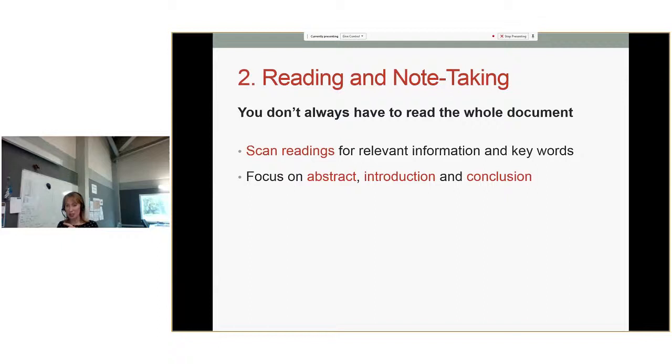But if you read the abstract, it gives you a little bit of an idea of what they're going to be talking about. So the abstract, the introduction, and the conclusion, those are the summary areas of a piece of writing. They can sometimes give you the gist of what is being talked about in that article. And sometimes that's all you need. If you just want to be able to say, so-and-so has written about this topic, you'll know that from the introduction and the conclusion.